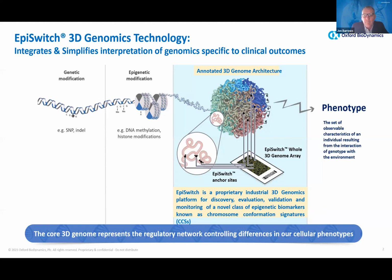We've got an amazing technology that looks at the 3D genomic architecture. And over the last several months, including a few weeks ago when I was at JP Morgan, I've had a lot of comments with people saying, wow, we're starting to get it, but it would be really good if you could keep reminding us where the 3D genome actually lies with respect to what we know about genomics and sequencing, etc. So if you look at this slide, what I'm showing you on the left-hand side is that